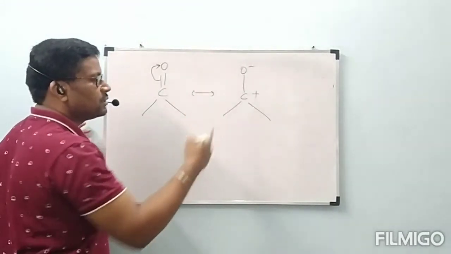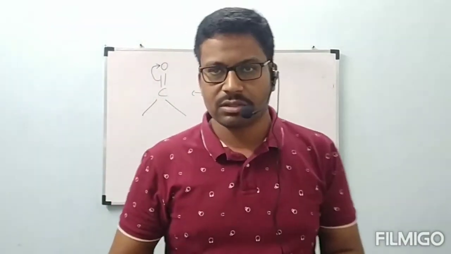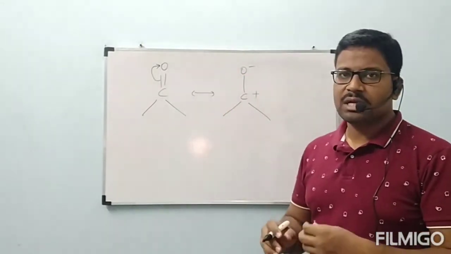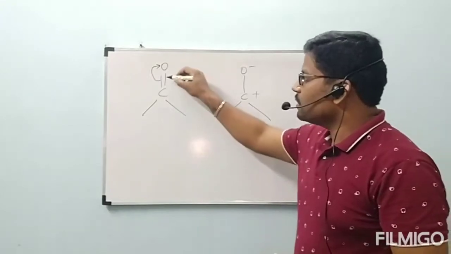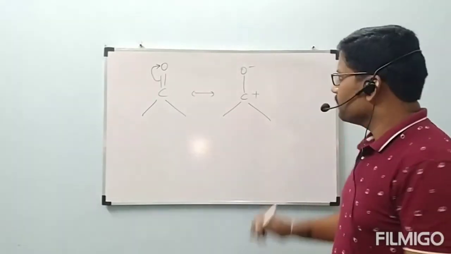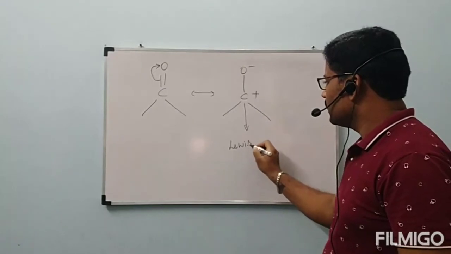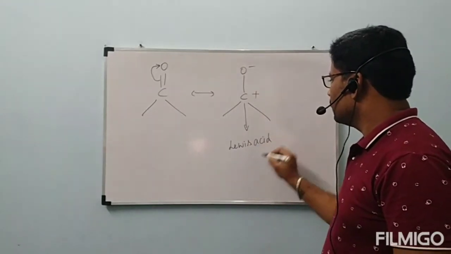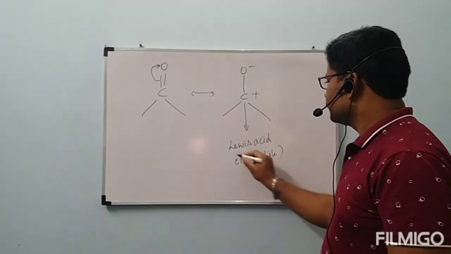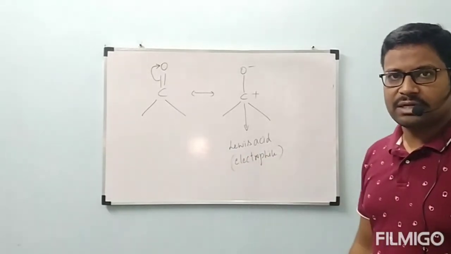Okay, this is about the polar nature of C double bond O. Polar nature means charges will be developed on carbon and oxygen. Because of the electronegativity difference between carbon and oxygen, oxygen is getting a negative charge because oxygen is more electronegative than carbon. Then this pi bond can be easily shifted towards oxygen to form a negative charge, and carbon is getting a positive charge. Because of this, carbon is acting as a Lewis acid, which is an electrophile, meaning it can accept the electrons.